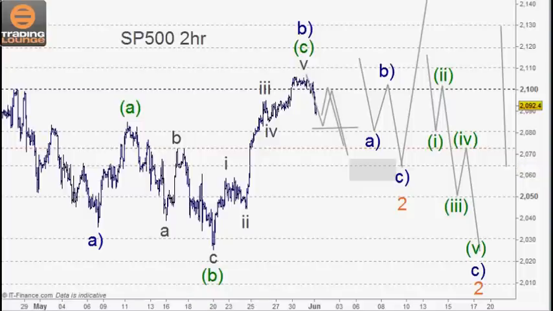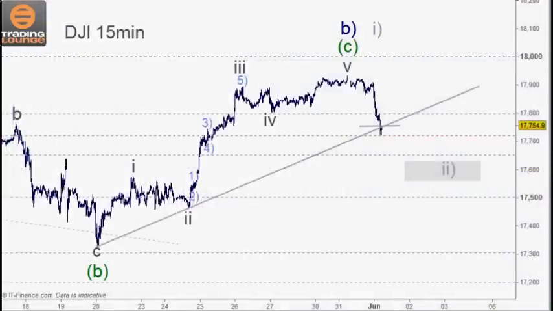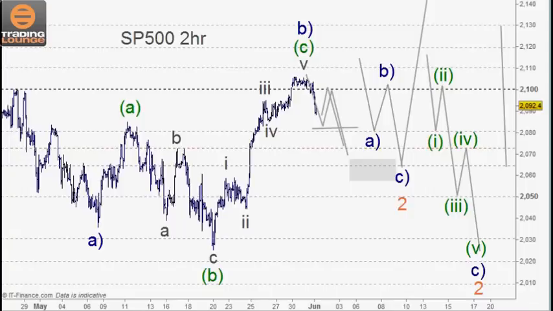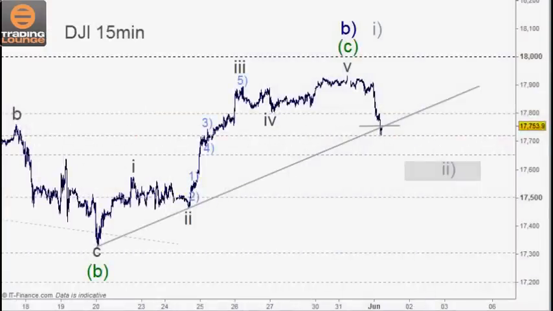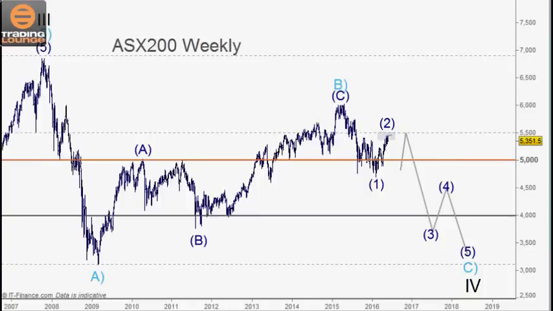But looking at the Australian market now, we've always had that, where are we here? Too many charts on this template. There we go. So on the weekly chart here, which I just want to shoot the breeze about a little bit,